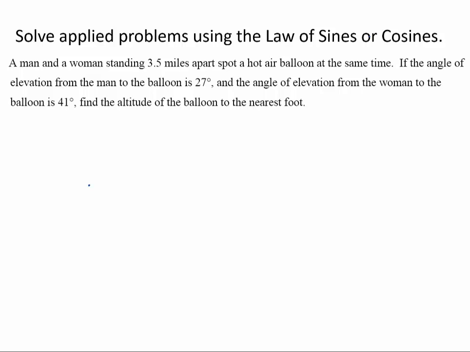We need to be able to solve applied problems using the law of sines or the law of cosines, and the secret is to read your scenario and then to get a triangle drawn that illustrates that scenario. So let's do that. We have a man and a woman standing 3.5 miles apart. So let's label this 3.5, and there's the man and there's the woman, and they spot a hot air balloon